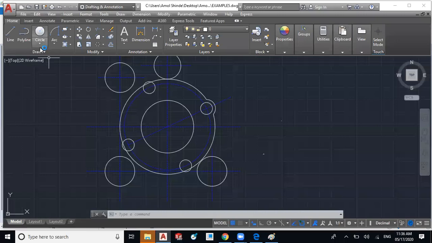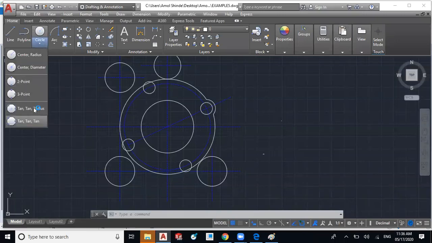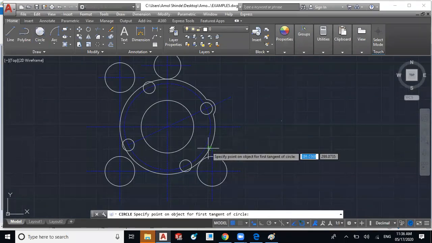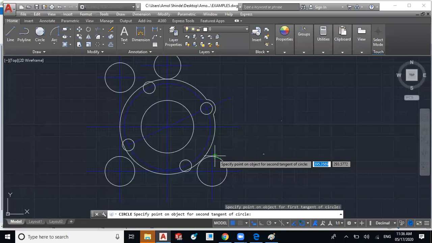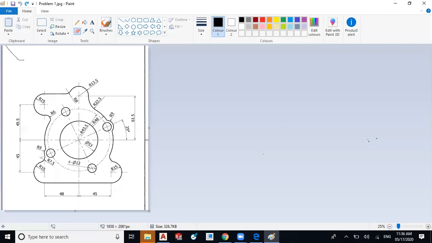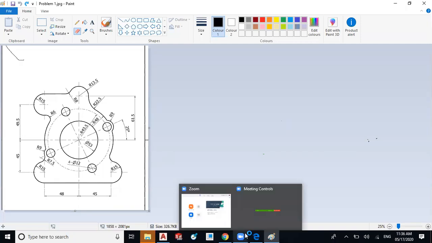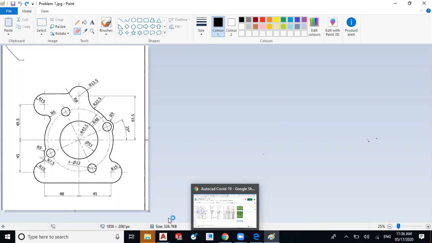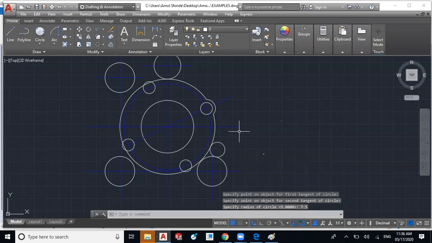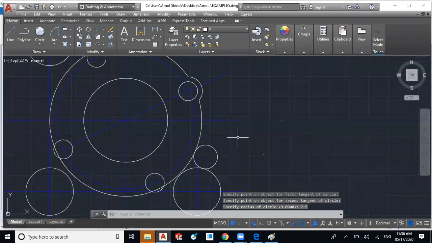So we will use this tan tan radius type, tangent point on this circle, tangent point on this circle, and radius is 7.5. Okay, yeah. In the left corner there is radius of 7.5. So we will use that radius of 7.5. So we have created this circular portion. So we will trim this too.